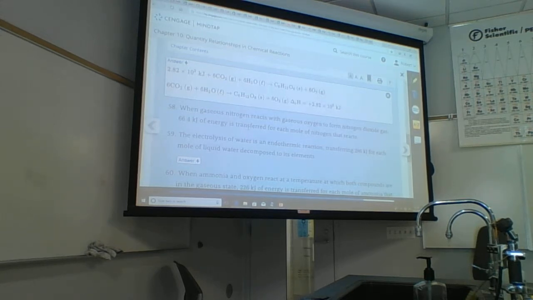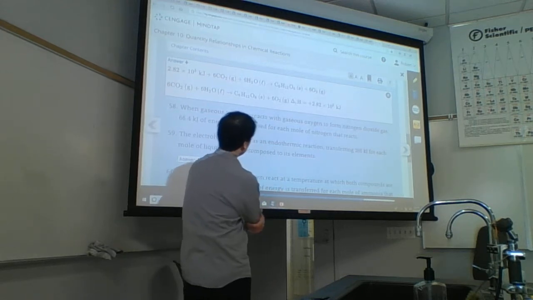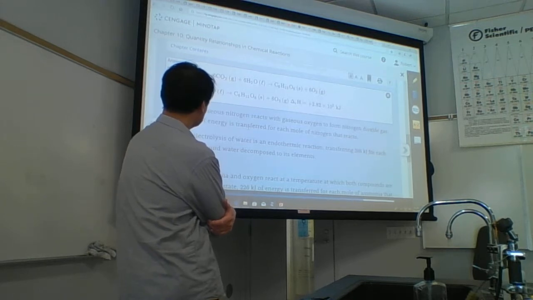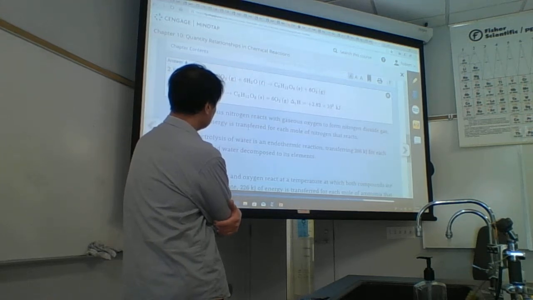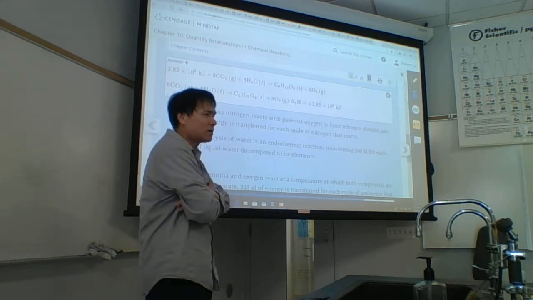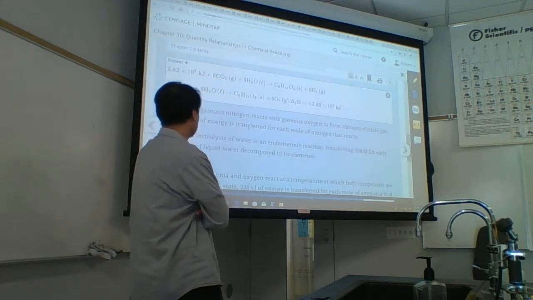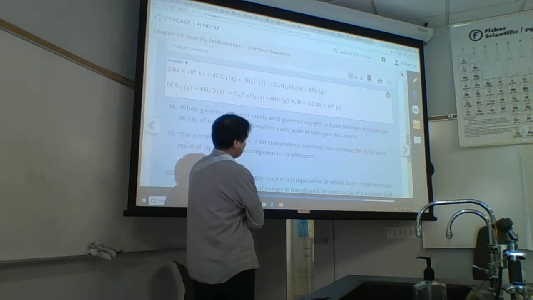When gaseous nitrogen reacts with gaseous oxygen to form nitrogen dioxide gas, 66.4 kilojoules of energy is transferred for each mole of nitrogen that reacts. Transferred. Is that exothermic or endothermic? It's not clear. That's not clear, but most combustion reactions are exothermic or endothermic? Exothermic. It's not transferred. Which way, you know? I'm assuming they must be transferred, meaning